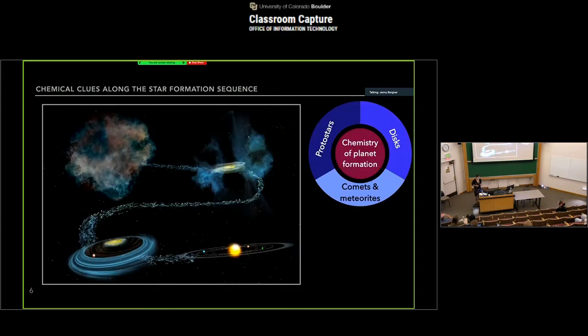The next piece is that we can also study the chemistry of both ices and gases along the entire star formation sequence. We know that the birth of planets in solar systems is an outcome of the birth of low-mass stars. This process begins in the molecular cloud. You have some overdensity of material, a perturbation that begins to cause part of the cloud to collapse in on itself, forming the young protostar. The protostar sometimes has a young protostellar disk surrounding it, and it's still embedded in its parent envelope.